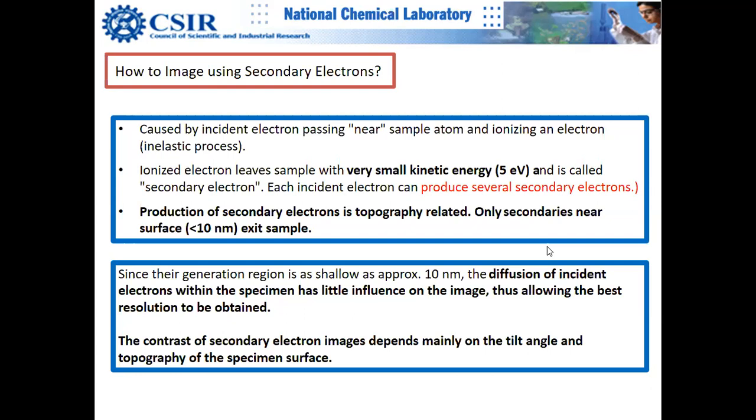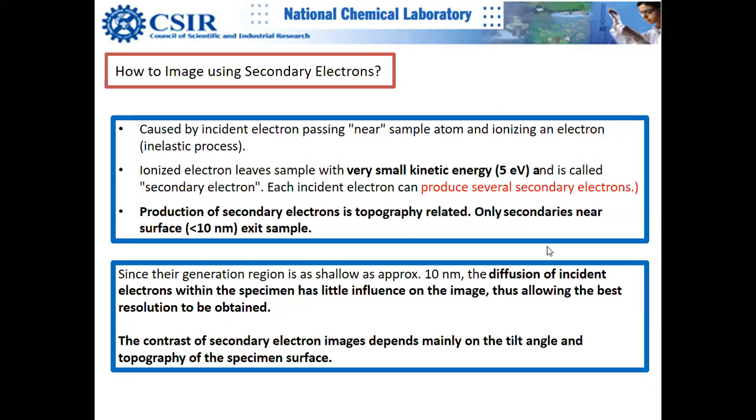I think last time we learned about Z contrast. Actually, the Z contrast is lost. There is no information about which atom these secondary electrons belong to. So don't look for identification of type of atoms from secondary electron images. We'll discuss this point today also. So primarily, secondary electrons are used for topography, and they give excellent lifelike images. We'll see how these lifelike images are generated.